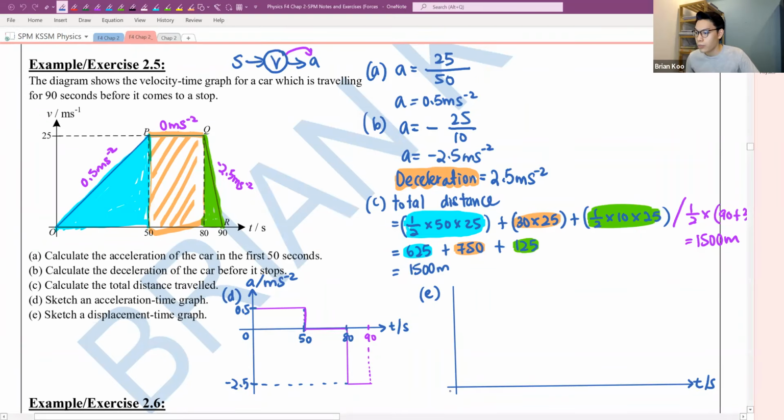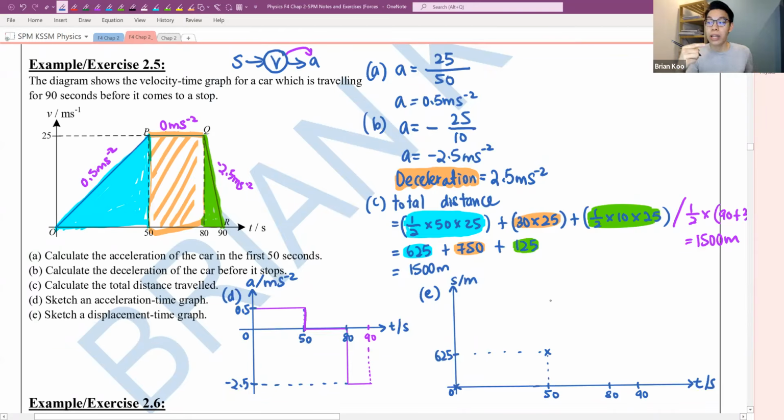Okay, so I'm going to prepare this graph first. At first, you have 0 and then 50, let's say it's here. And then I got 80, let's say it's here, and then 90. Just roughly. And then at first, you travel 625 meters. At first you travel this much, so you will be at this point. Later we see how we get from 0 to 50. And then after that,